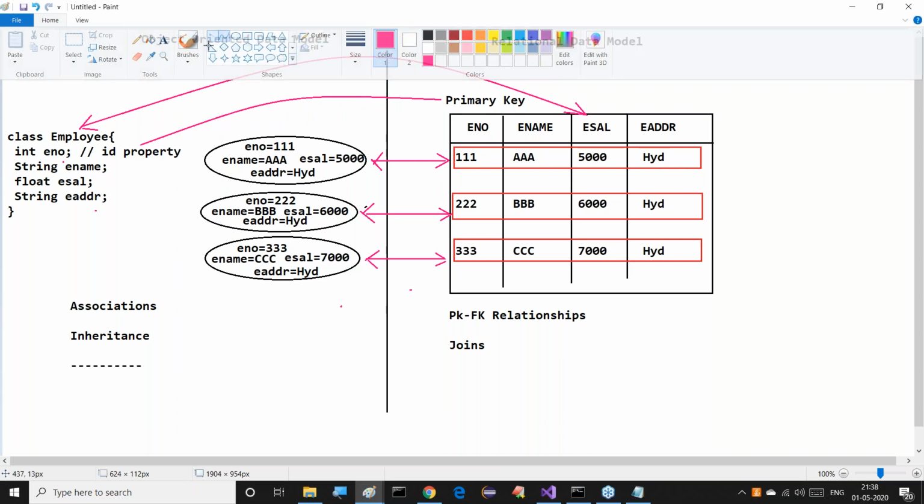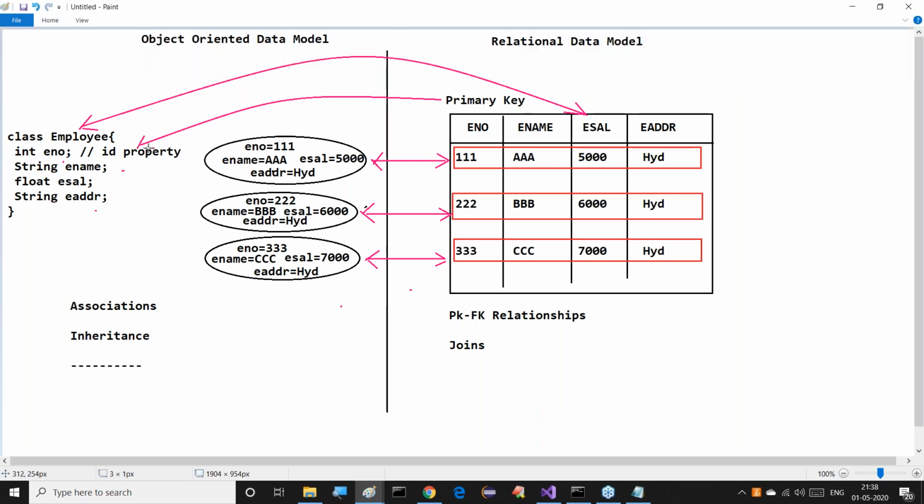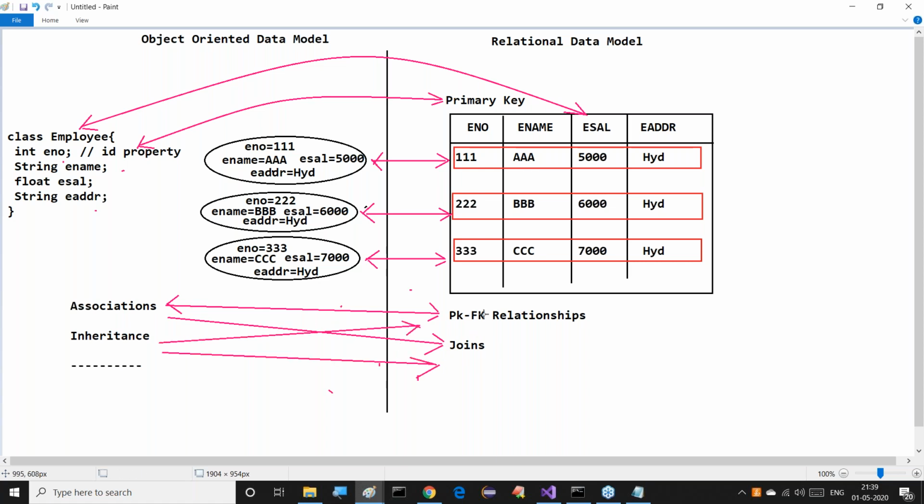In general, in Java Bean classes, we use an ID property. It represents that object uniquely, and on the basis of that only, we perform some operations. Next, we are able to achieve associations with primary key, foreign key relationships. Maybe joins may also be used or not, we will check this later on. So these mappings are what we require exactly. Everyone understand this clearly. So this many mappings we require.